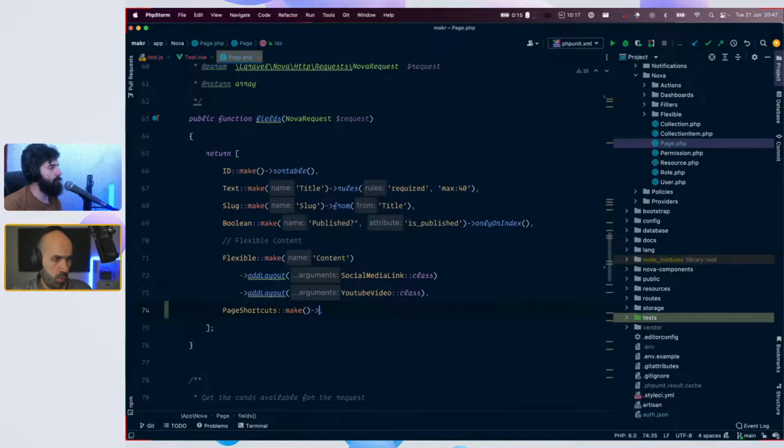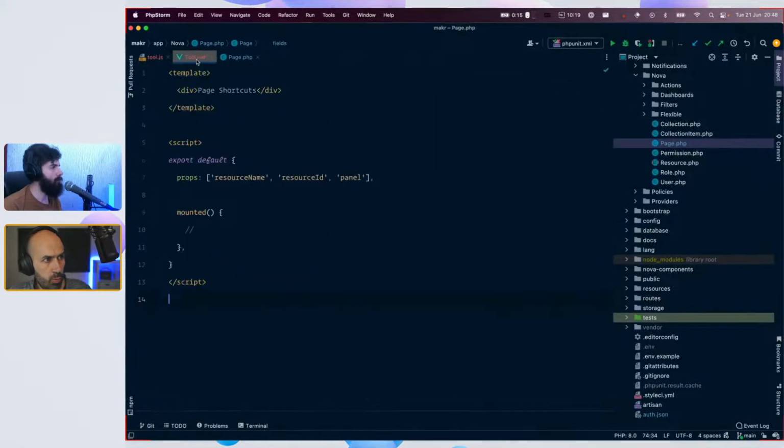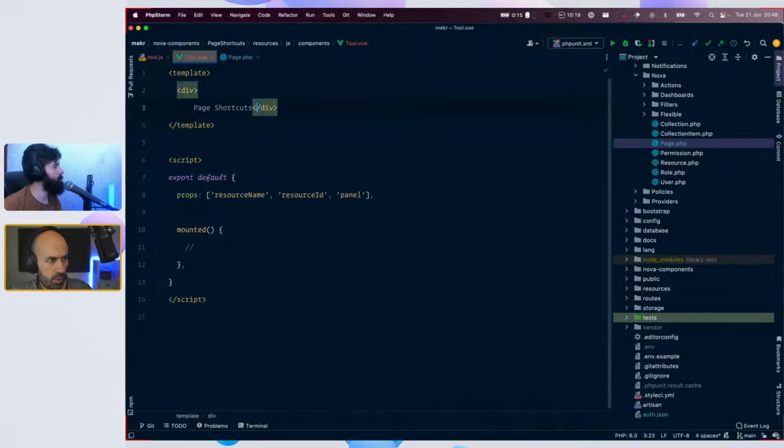That's it. We can even pass data to it. We'll see that in the next stream, I guess. But what will happen now is that we will have our tool, page shortcuts, right?